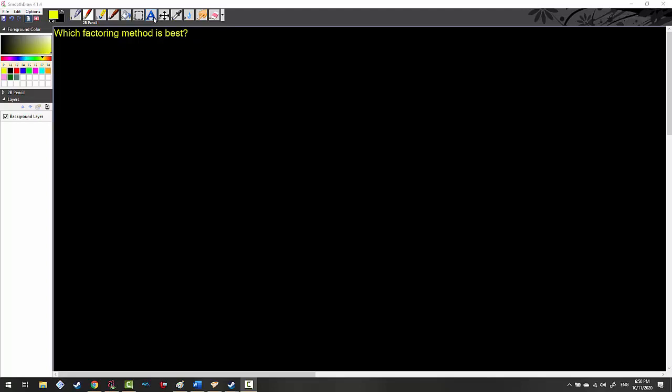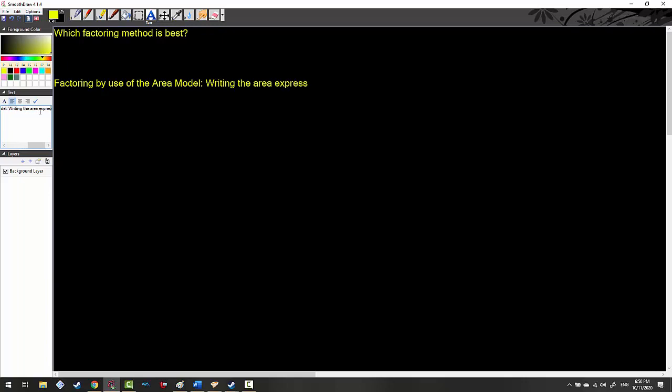In today's episode, we will be discussing which factoring method is best. Now, in the last week, I've shown you three different factoring methods, the first one being, and the primary one, factoring by use of the area model. In this one, we were writing the area expressed as a sum and converting it into area expressed as a product,